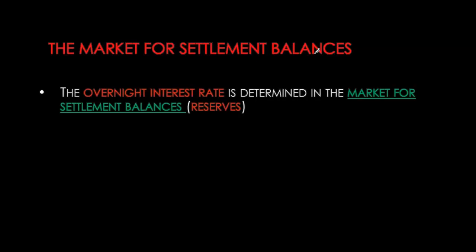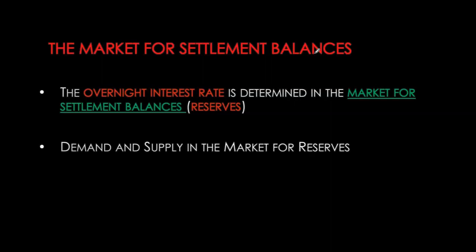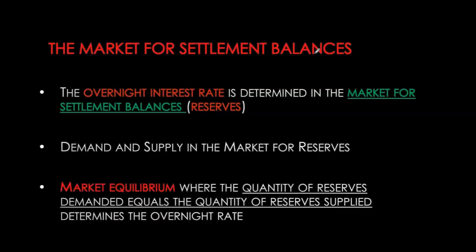The overnight rate is determined in the market for settlement balances or the market for reserves. We will have a demand supply diagram for the market for reserves in which we will see how this overnight interest rate is determined, and the equilibrium in the market will be where quantity demanded for reserves will exactly equal quantity supplied of reserves. To understand the demand curve for reserves, let's go back to our understanding of what reserves